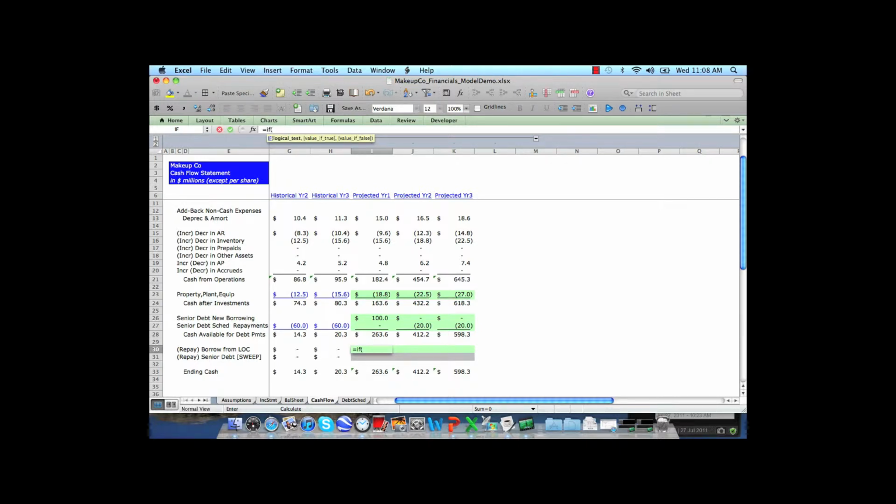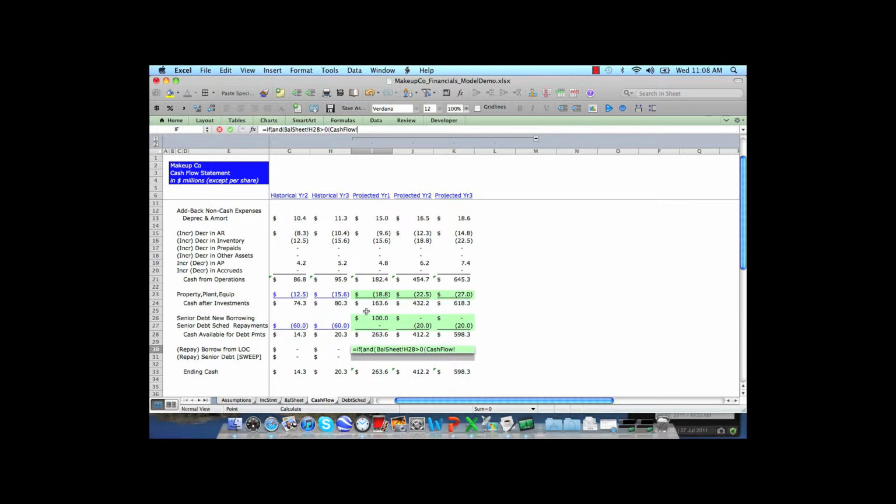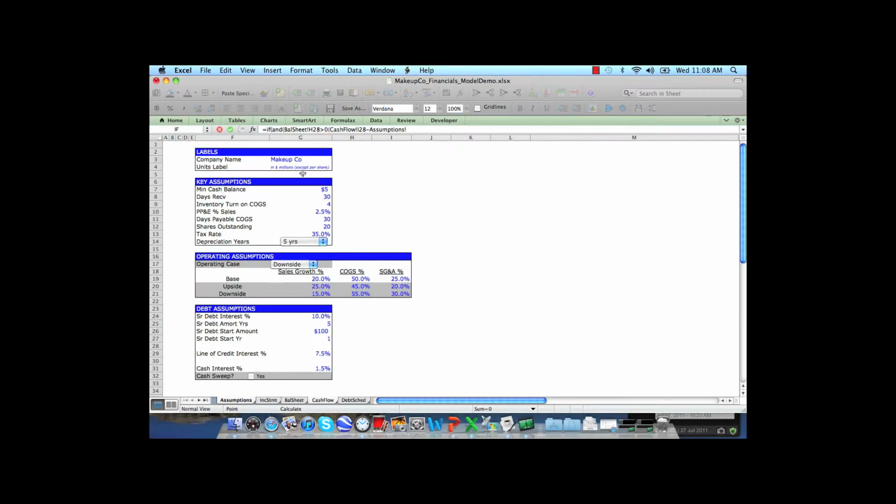We're going to say if both, so AND, our prior year's line of credit balance is greater than 0, and our cash available for debt payments, less, let's not forget that we had a minimum cash balance to lock in, if both of those items are true, basically we have a previous balance, which I need to add a comma to,